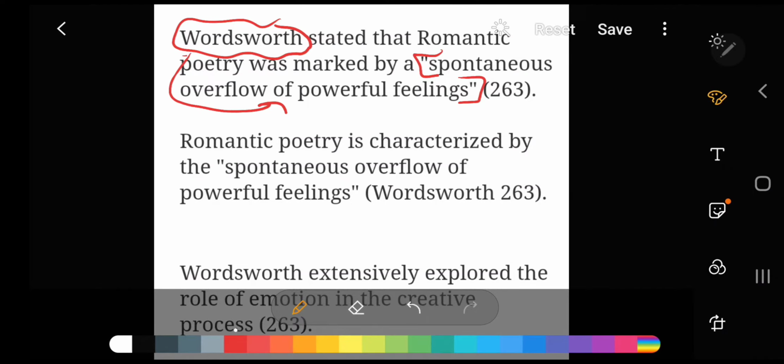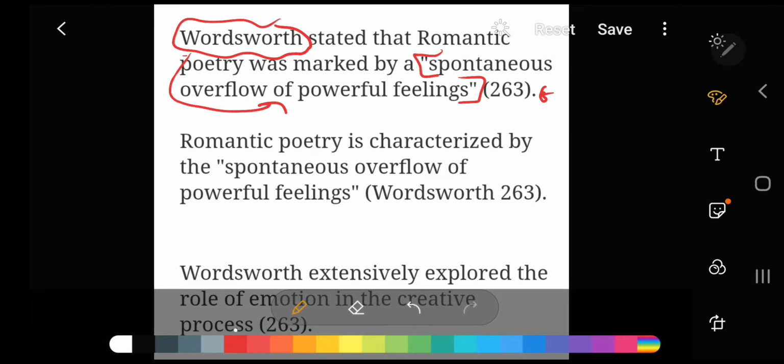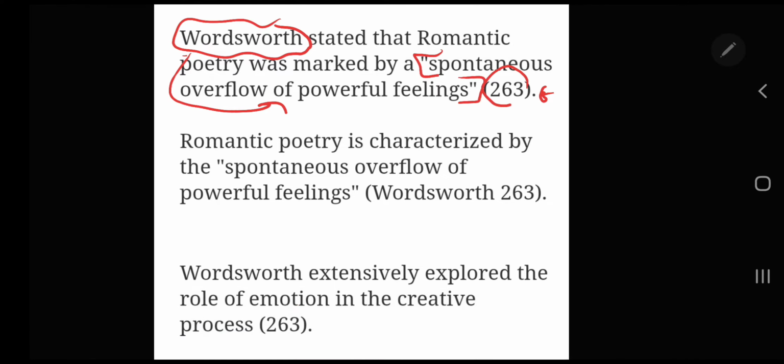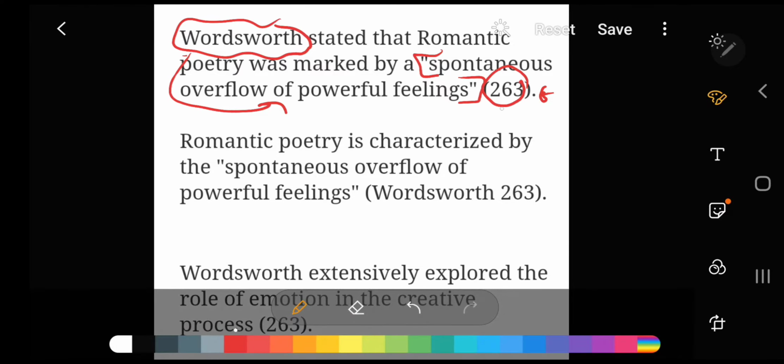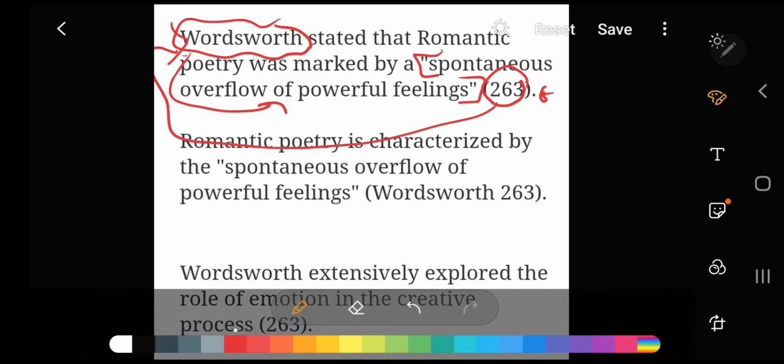After the quote, at the end of a sentence, before the period, we have these weird looking things, the parentheses. This is called a parenthetical citation. Let me tell you what this means. That means that on page 263 of a work by William Wordsworth, he said, spontaneous overflow of powerful feelings. Now, you're going to have a works cited page at the end of your work that shows me which thing that Wordsworth wrote I should look at to find that quote on page 263. But when you combine the works cited page with that parenthetical citation, I know where to find your evidence.